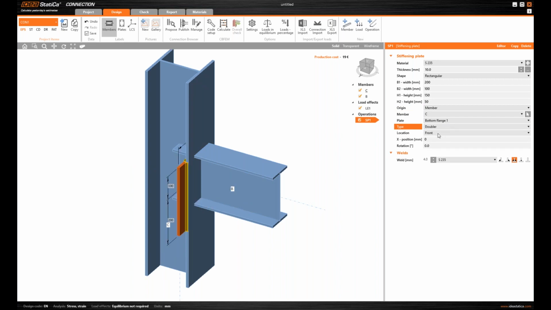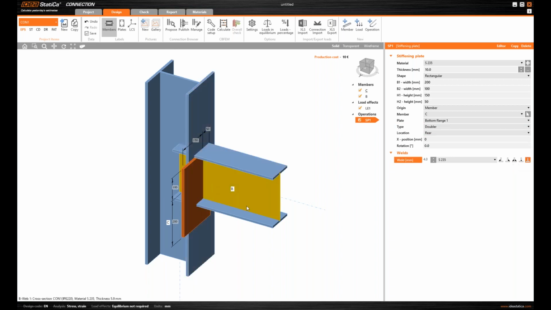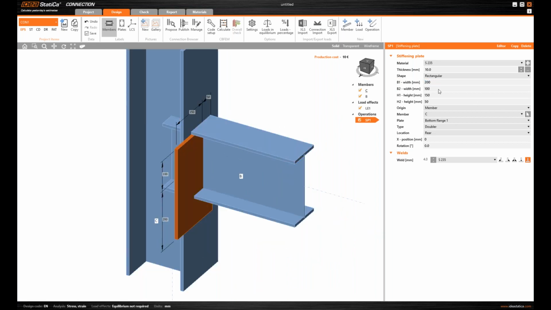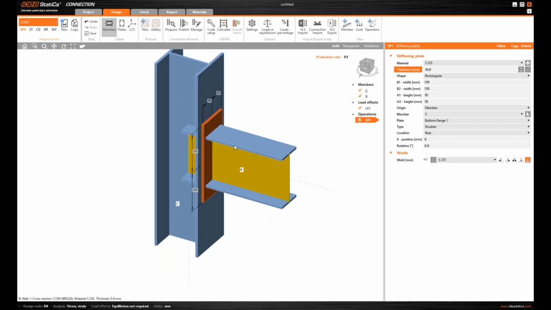And the bottom flange is right, but from the other side, so rear, and it wouldn't be welded to a column, but welded to a beam. It's okay, and just dimensions. So as a basic, I can see 50, 150, 100, 200. So I can see in the graphic scene what dimension I'm editing right now. So I know it would be something like this, and thickness 10 millimeters is okay for me, and I have